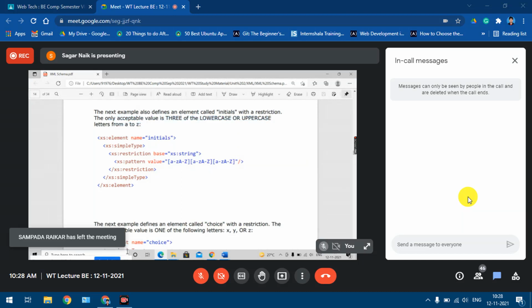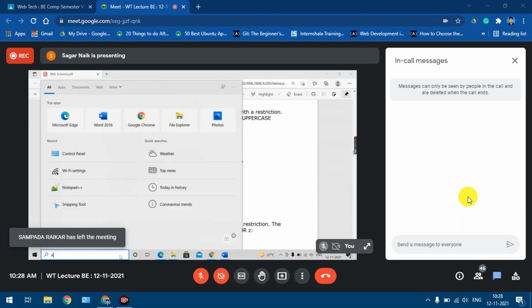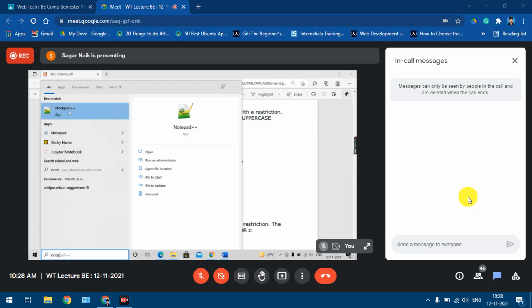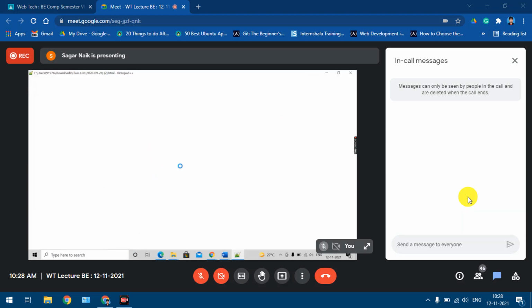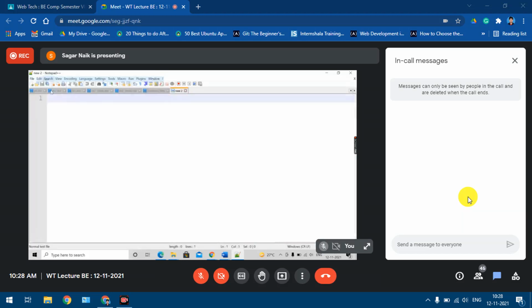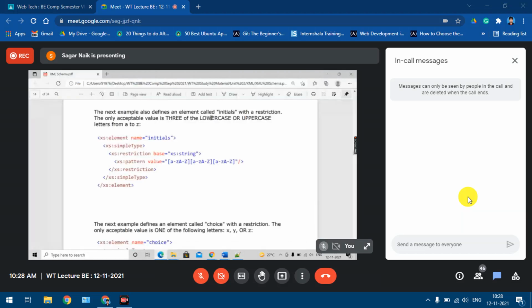These examples I had implemented in my last lecture. So there is one element, initials, and what type of values are accepted?